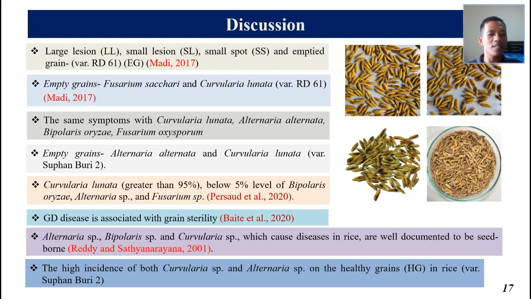Even though another study has shown Curvularia lunata is the most highly infectious fungus, in our study Alternaria alternata and Curvularia lunata, these two fungi, play the most important role in infecting the green discoloration disease of rice, the varieties of Amoritu.